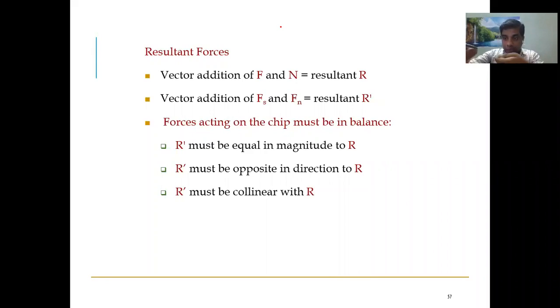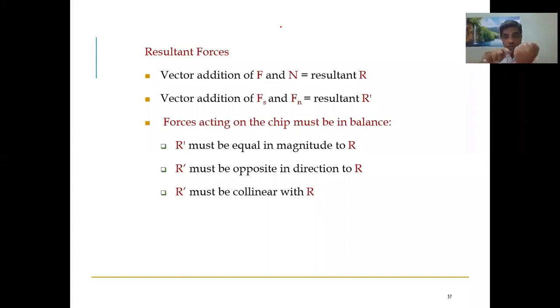Second condition, both have to be in mutually opposite directions. If one is acting in this direction, the other has to act in the other direction. Then only it will be in equilibrium. If both are acting in the same direction, 100 kilonewton and 100 kilonewton, what happens when 100 plus 100 are in the same direction? You have 200 kilonewton force acting. Then your workpiece will move. It is not stationary. It's not an equilibrium. For the equilibrium condition, both have to be the same magnitude and opposite in direction